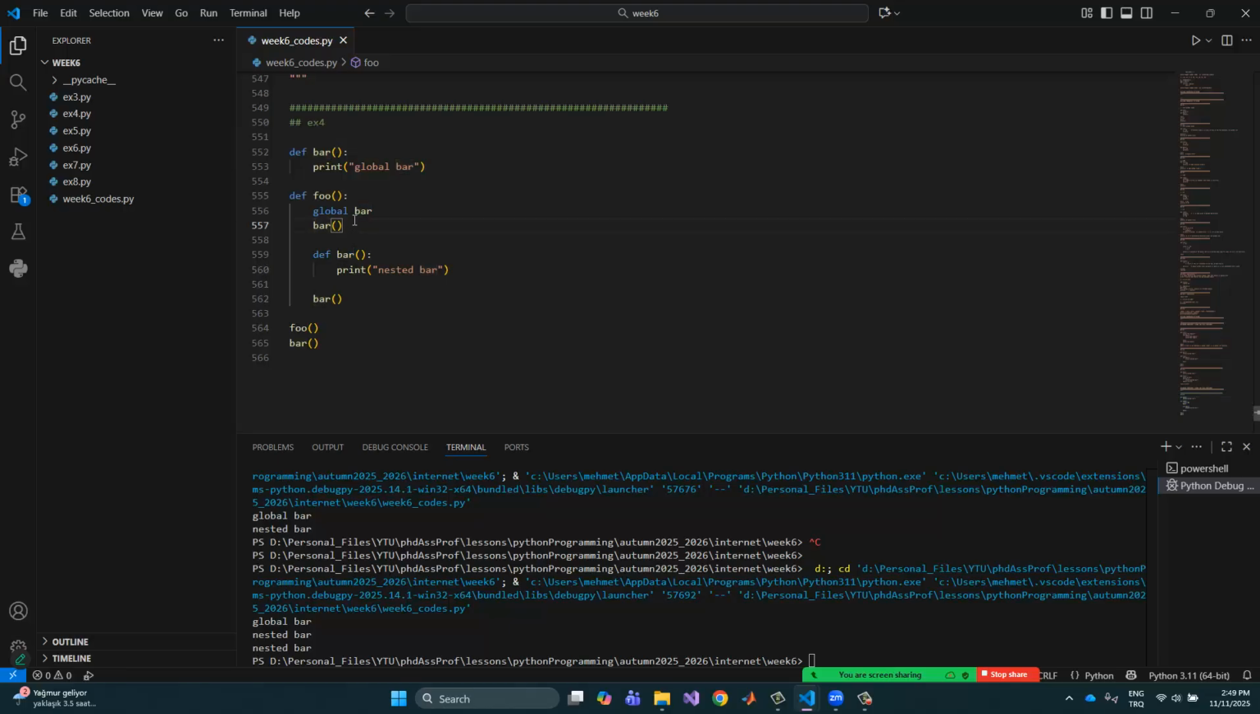and so what about this? Global bar is assigned to this one, but after that the override happens in here, and also we call the bar, and so global bar, nested bar, but this bar is directly related to the global bar. Okay,